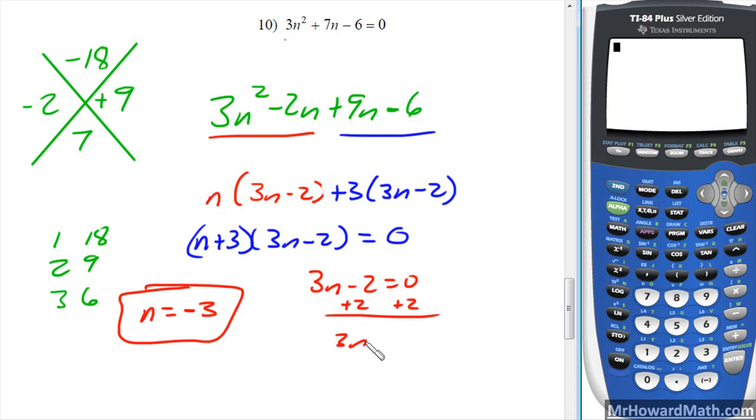We'll go through the process here. 3n equals 2, divide by 3, n equals 2/3. So this parabola crosses the x-axis at negative 3 and positive 2/3. So that is it for this